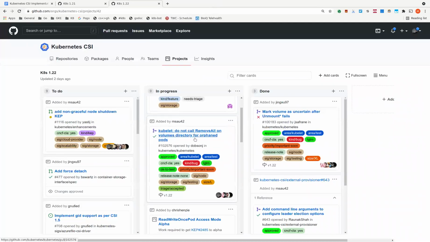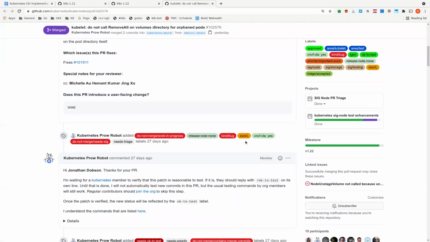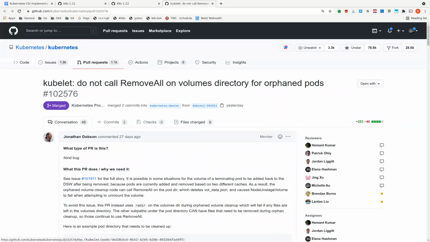Next up, the orphan directory fix has merged. Thank you very much. I think we should consider backporting this potentially as a bug fix if it's not too risky. Yeah, I think so. Which releases? Do you have any suggestions? Usually we do the last 3 releases that are available to backport to. Okay. I think it's the last 2. No, last 3. So 1.21, 1.20, and 1.19.